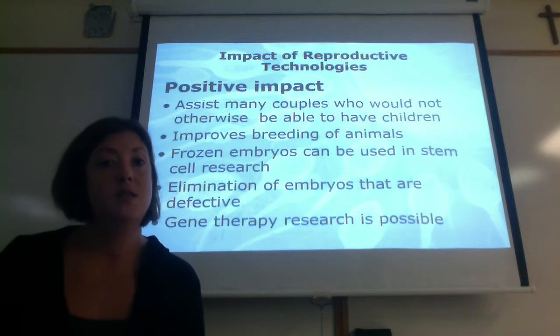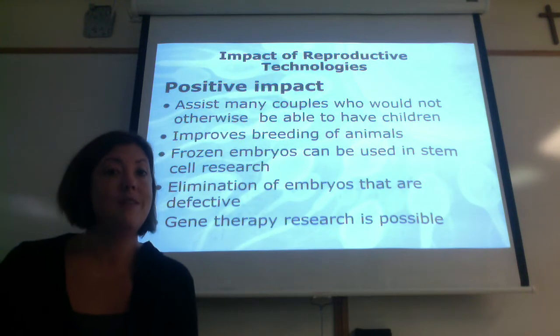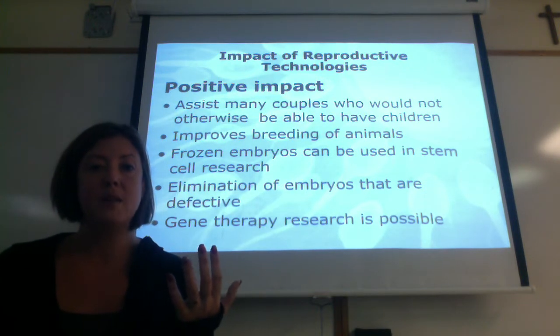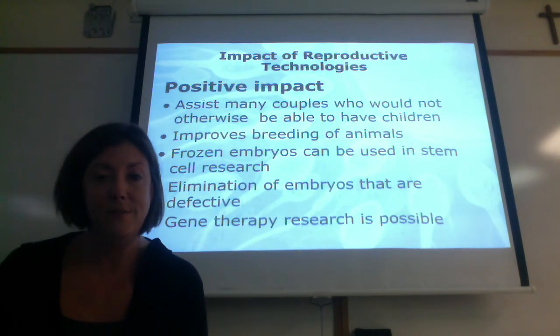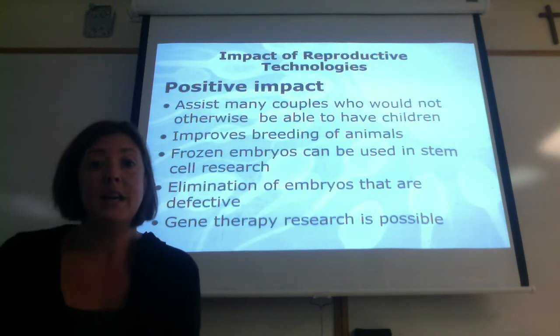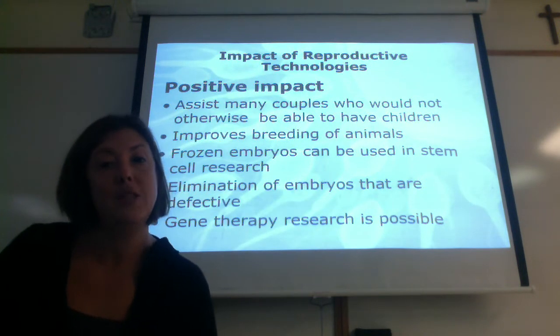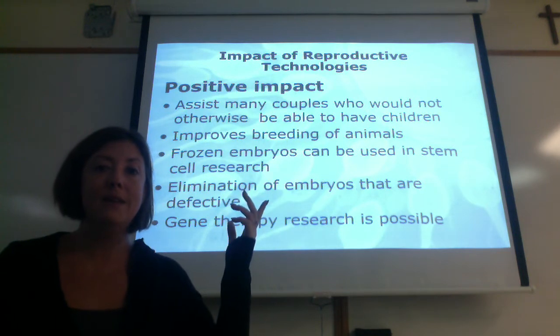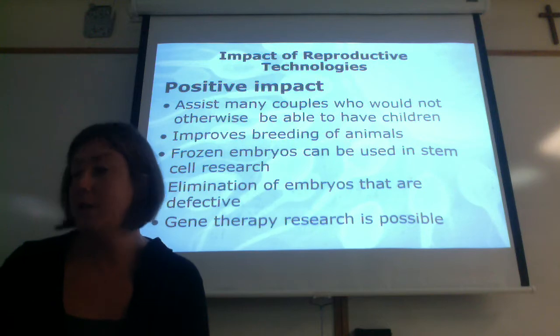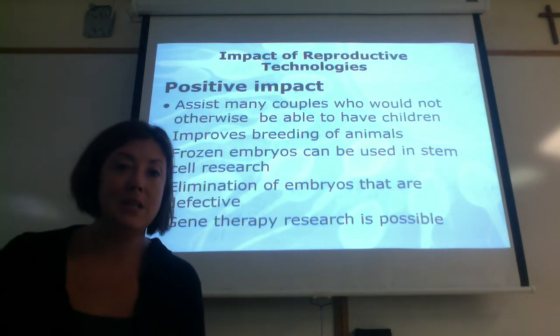One of those choices is to donate them for stem cell research and also gene therapy. Additionally, in the case of a couple who has offspring that already has some sort of genetic defect, they're able to have a secondary round for when they're having their second child, where they have something called pre-implantation genetic diagnostics, whereby they can eliminate the genes that are going to be defective, eliminating the embryos that carry the genes that are going to be defective, so that they will end up with a second child that